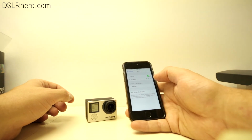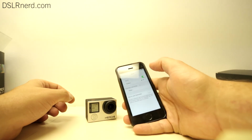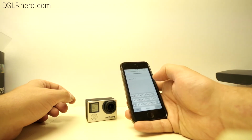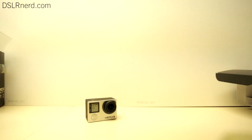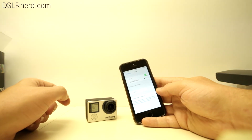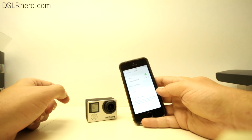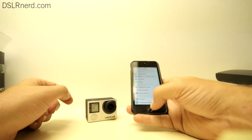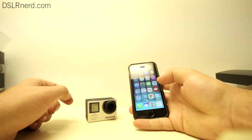Yes? No? There it is, Gaming GoPro 4. I know my password, hang on. I could just join that, right? So maybe it works over Bluetooth too, but it didn't connect for me very well. So now that I'm connected to Damien's GoPro 4,